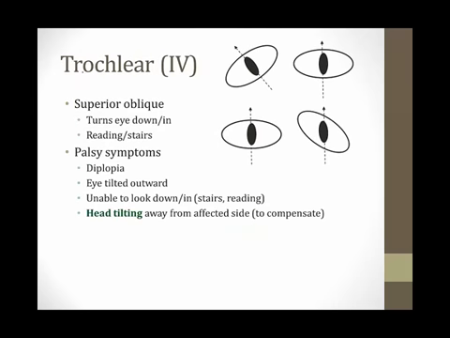The next nerve palsy we'll discuss is a trochlear nerve palsy, or a nerve palsy of cranial nerve 4. This cranial nerve innervates a single eye muscle, the superior oblique. The job of the superior oblique is to turn the eye down and in. This is especially important for activities like reading or descending the stairs. Patients who have trochlear nerve palsies will present with diplopia, and the eye on the affected side will be tilted